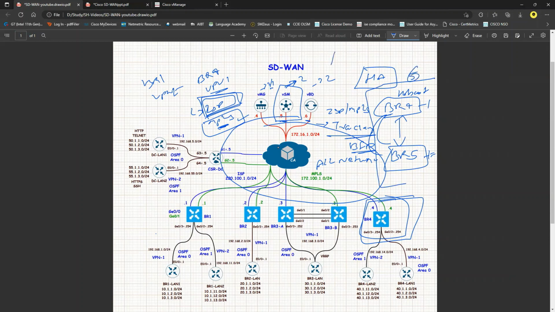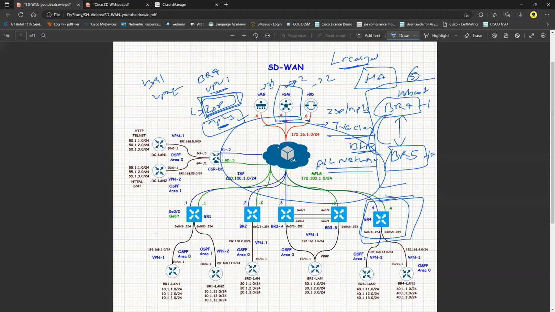So I can use a localized policy. When I use a local policy, I just select the scope of this policy as these two devices, these two branches, and whatever I configure in those policies will only affect branch 4 and branch 5. But the centralized policy will affect all your network.